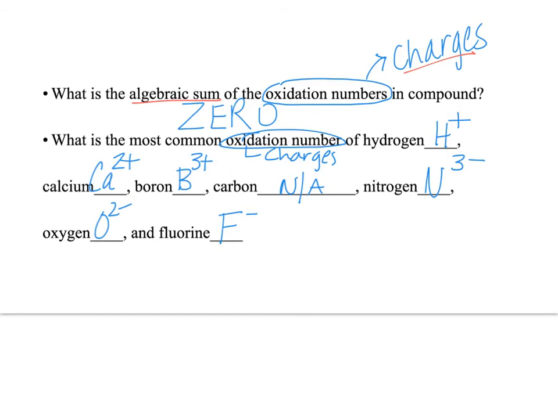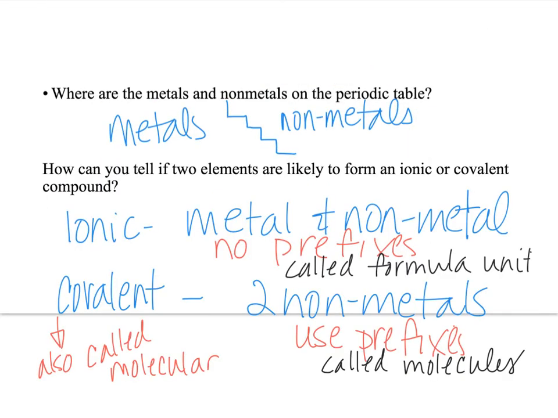polyatomic ions. Okay, this question is, where are the metals and the non-metals located on the periodic table? Oh my gosh, for the love of cheese and crackers, you should know that by now. We have the zigzag line on the periodic table, and the zigzag line is, this side is metals, this side is non-metals. Of course, if it's on the line, it's metalloids, but we won't need to worry about that for